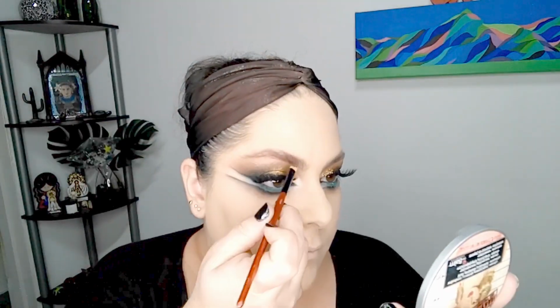These eyelashes I made myself. I made them from gathering different eyelashes. If you guys want to know how to do that, you can leave it in the comments down below, and I can dedicate a video to that. But sometimes you don't find the exact shape of eyelash that you want, so that's when these tricks come in handy. And of course, as I always say,